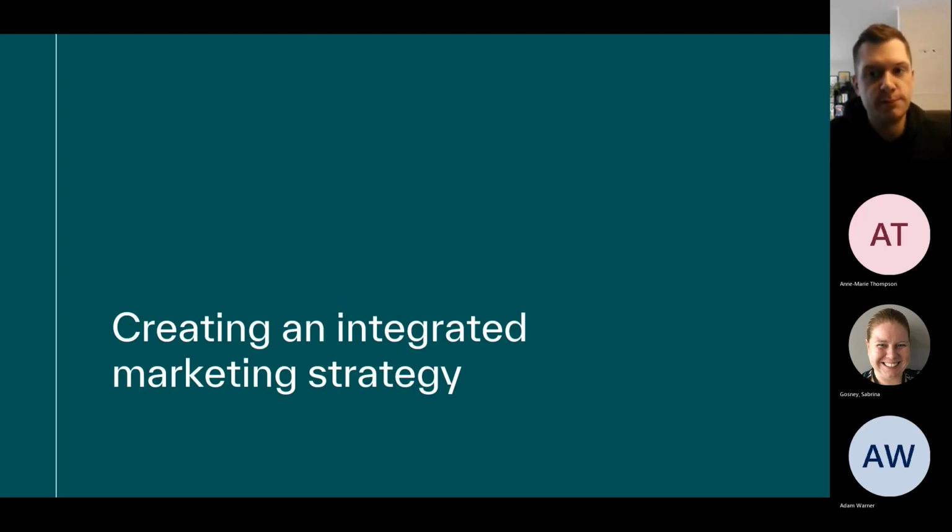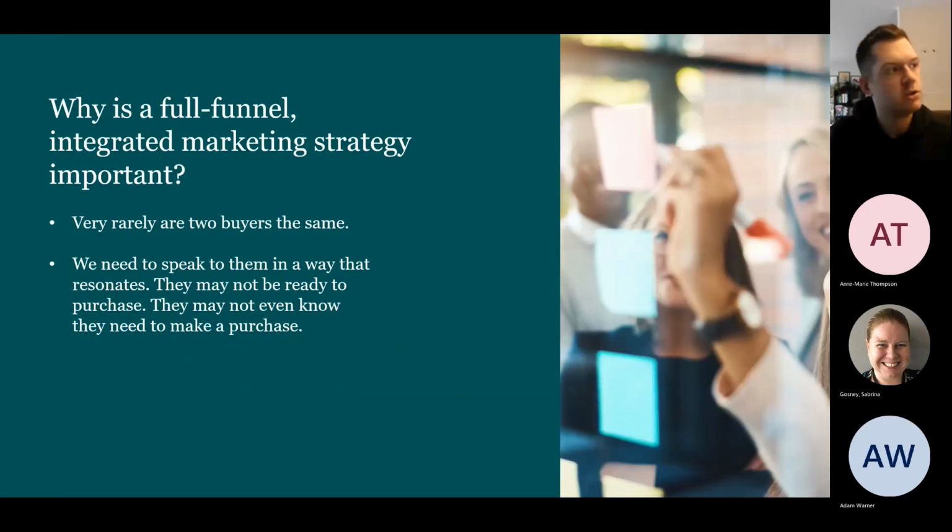Now we're going to go into the bulk of today's session. We are here to talk about how we create an integrated marketing strategy and how we use that to go to market. So, building on what we've already covered in the last two sessions, we've laid the foundations, we've started to do some really low level activity. We're starting to build our brand presence. We've got a bit more of a motivation to push marketing forward. We've then started to layer it up, but actually maybe things aren't necessarily joined up. We're not thinking strategically. We're going to cover in this session how to bring that all together and the reasons why we need to do it.